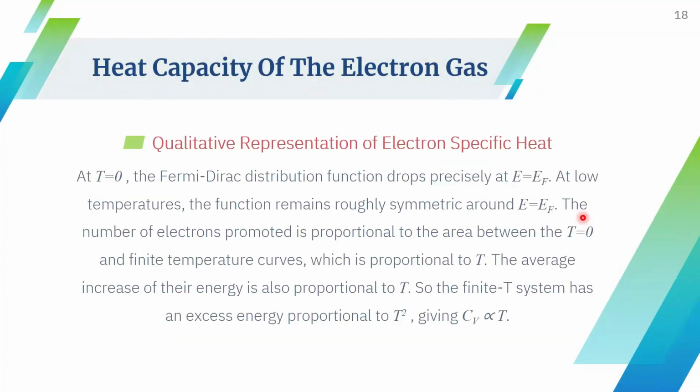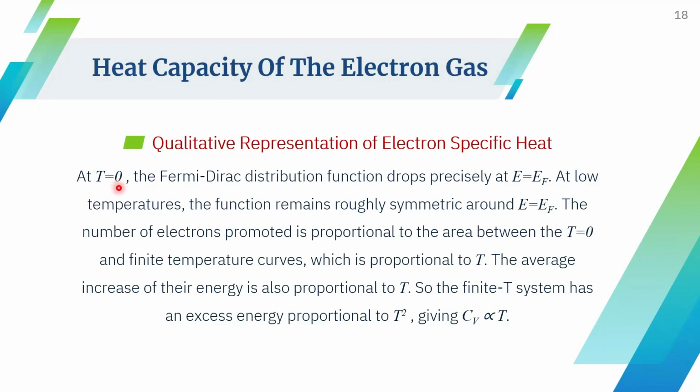Now we can discuss the heat capacity of an electron gas. First of all, we have to discuss the qualitative representation of electron specific heat. A major success of the Fermi consideration of electrons in metals is that it could explain the excess heat capacity in metals beyond that given by classical theory, which combines DOS and thermal distribution. So here I want to consider